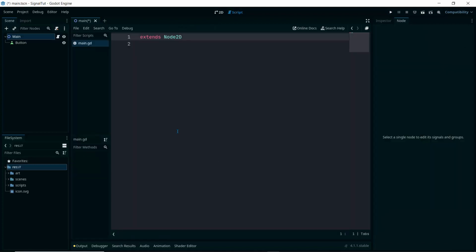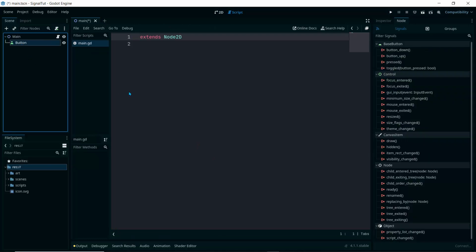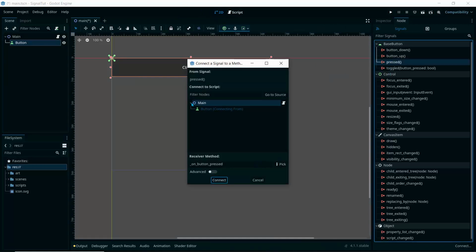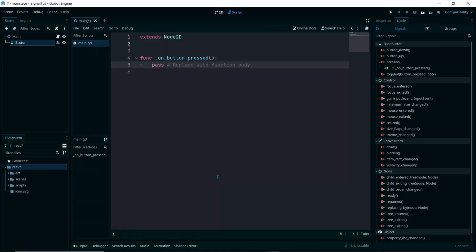So I'll go back to the button and make sure I'm on 2D here to my scene, and here I'll just double click on the signal and connect it to the main. So you need to have a script at least to connect this to your actual main scene. And what I'm going to do is to just send in information when this button is pressed. So I'm simply going to print "button pressed",